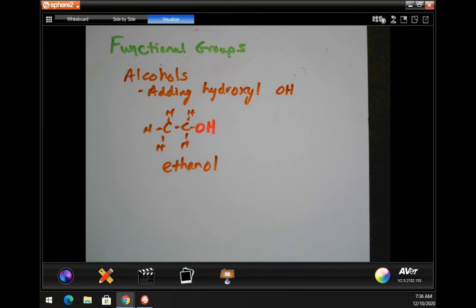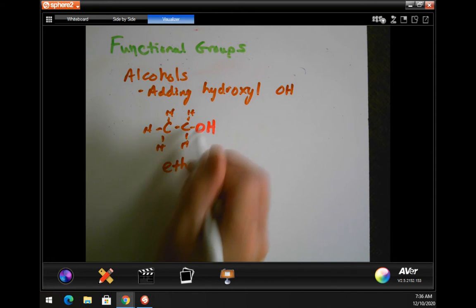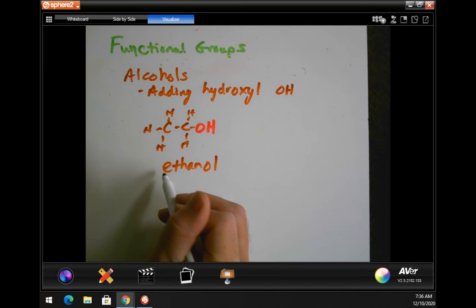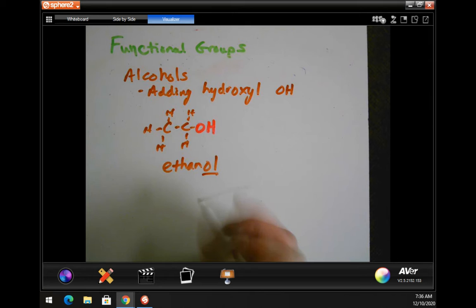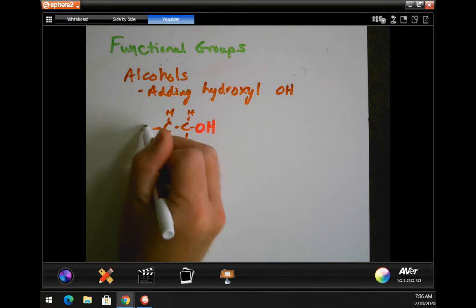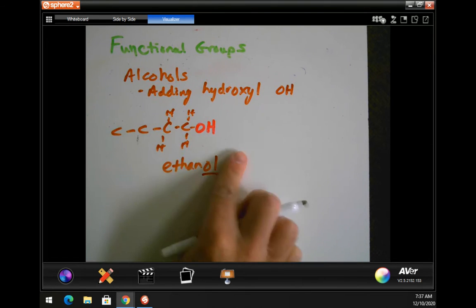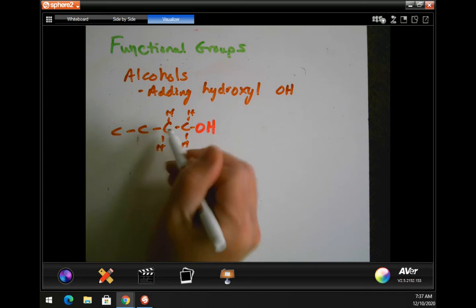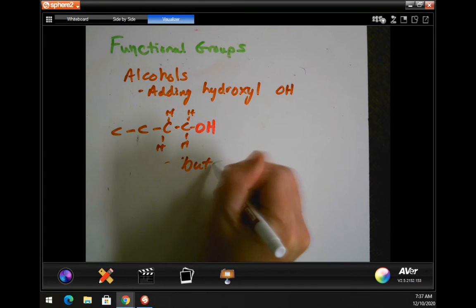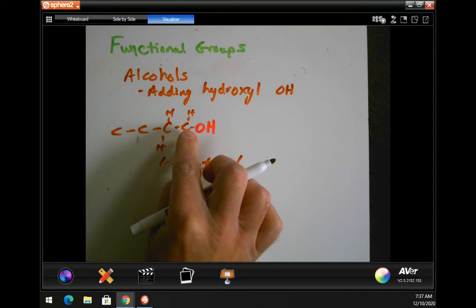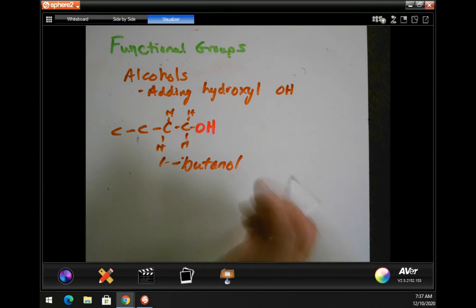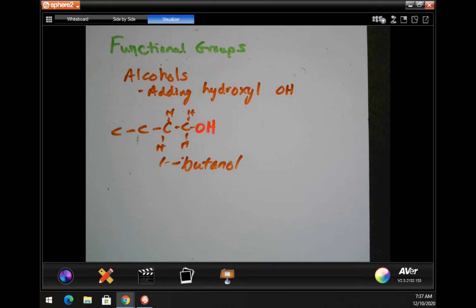That forms an alcohol. Okay, and if there's multiple carbons, we'd need to put what carbon the -ol is on. So if we did something like this, and we were making 1, 2, 3, 4 butanol, we'd need to say that's on the first, because that'd be the first one. Okay. All right. So then we talked about the